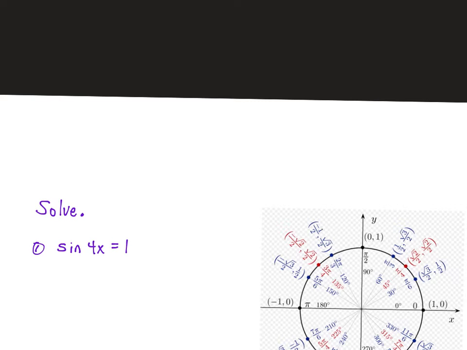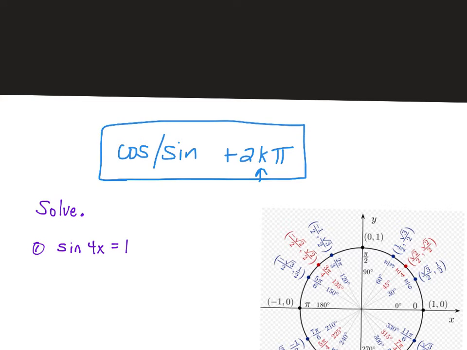plus pi k. Now, what I mean by this: if you have cosine or sine at the end of your answer, and I'll show you what I mean in a second, you're going to put plus 2k pi. And what that means is k could be the number of times you go around the unit circle. So say I went around 6 times, you put a 6 there. Say you went around 12 times, you put a 12 there. We're not going to do that part, but you are going to account for that multiple times around the unit